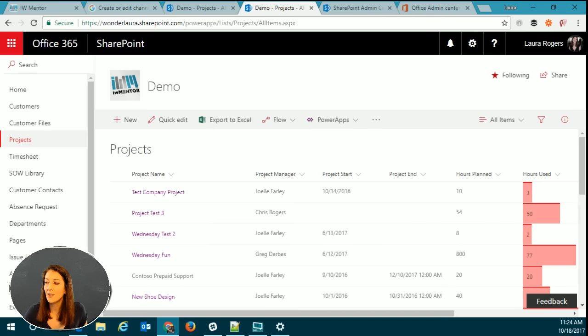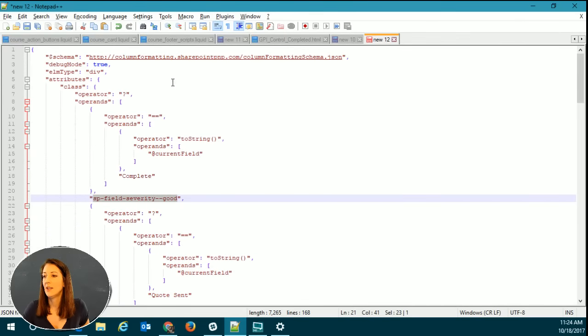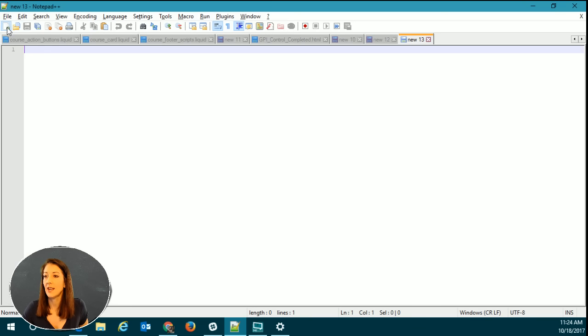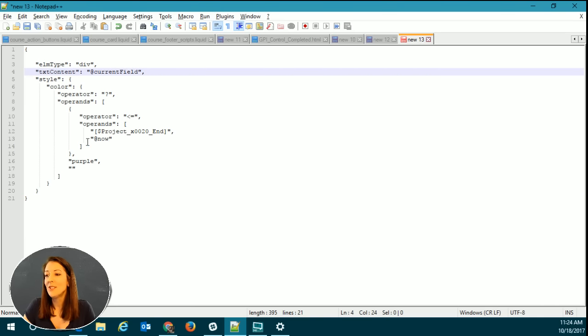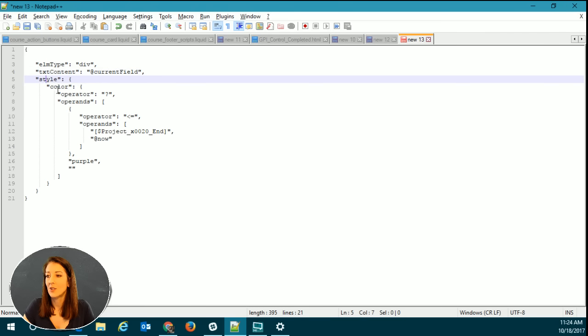So we've got to understand fundamentally how you know the difference between if the background of something is going to get formatted versus the text, right? Joelle, help me out here. You're a dev, right? No, wait a minute. Neither of us are. Okay, so this one is the text. This one is style. So div, style, color,